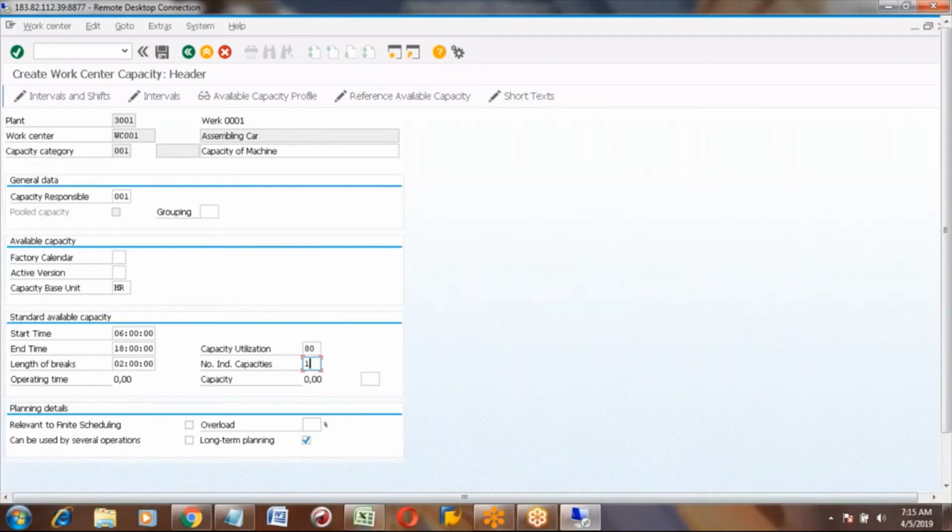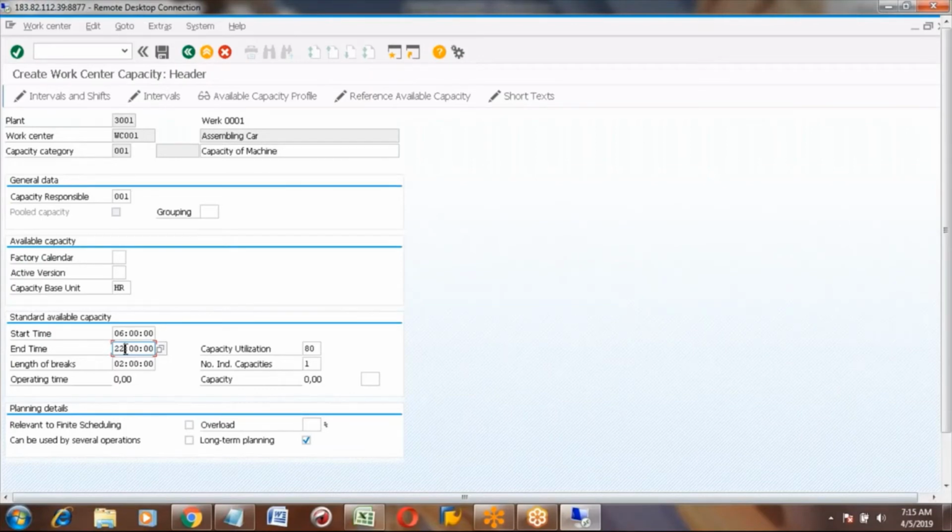In that case, you can put here the start time and end time. 8 hours plus 8 hours means 16 hours. So for example, you are starting at morning 6 o'clock and you will maintain here 10 o'clock, 16 hours. So it is actually 8 plus 8, 16 hours.